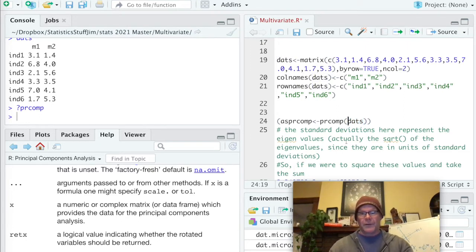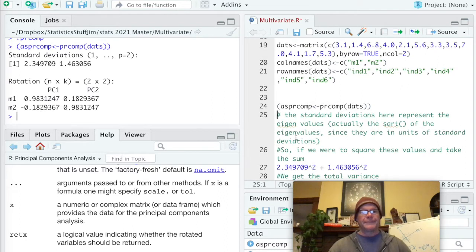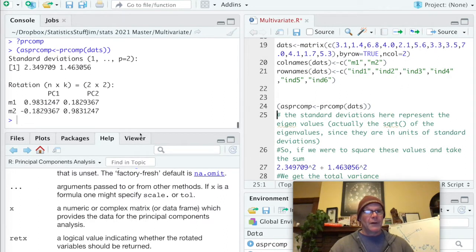And so I go ahead and I run that. And what do I get? Well, and this is where things can maybe be vague. Like, what are we talking about here? So what we have here, these are what are referred to as the eigenvalues. And they are presented in units of standard deviations, which means that if we were to take